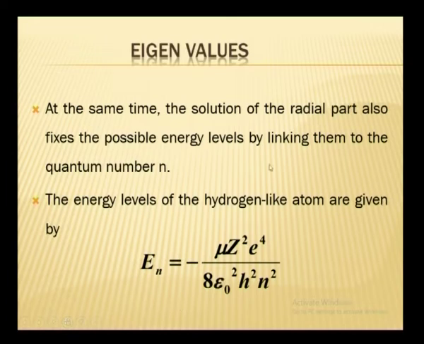I will come back to this problem again. I will ask you the question: what are the energy eigenvalues that were obtained by Schrodinger, what are the energy eigenvalues which are obtained by Niels Bohr, and what is the difference.